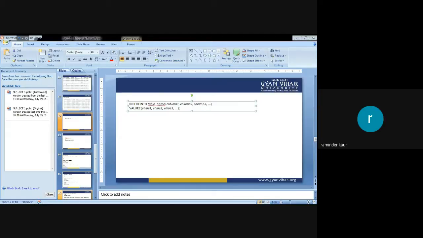So there is a second method that could be used. If you are adding values for all the columns of the table, then you do not need to specify the column names in the SQL query. However, make sure the order of the values is in the same order as the columns in the table. So the INSERT INTO syntax has another form, where we insert the values in the order of the columns. That is why in that manner we are not supposed to specify the column names. Simple.